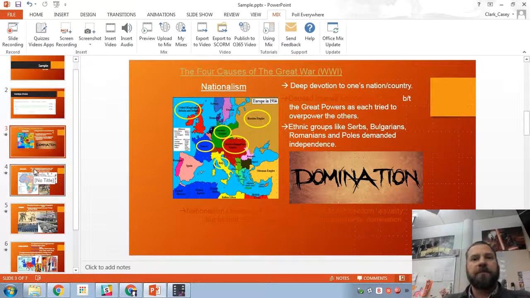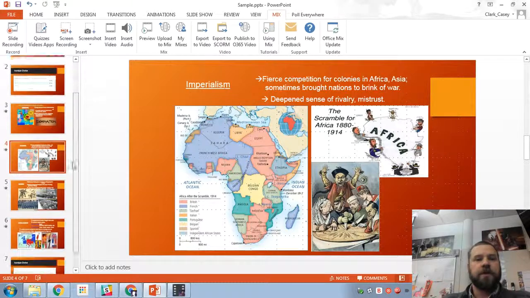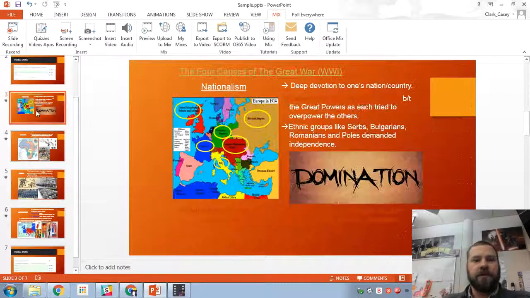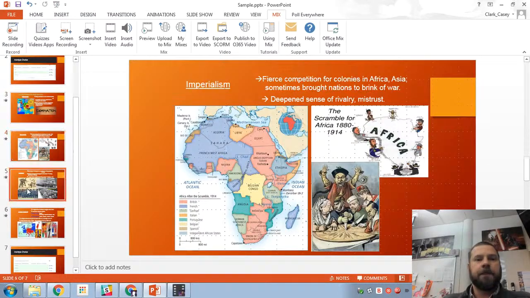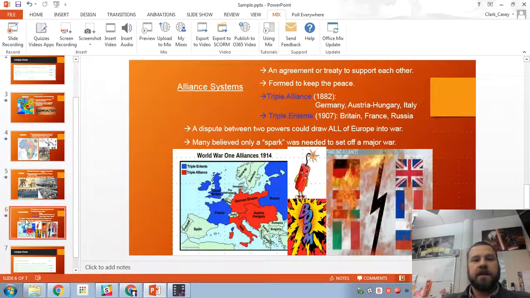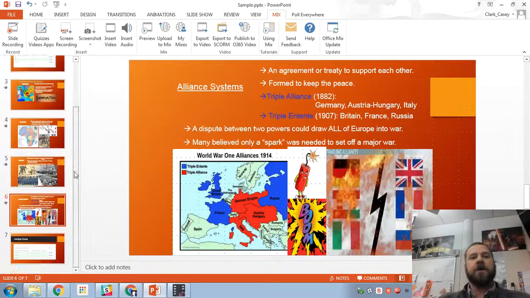We're talking about the 4 causes of World War I. So we go through the slides. We start with nationalism and then imperialism and then militarism and then alliance systems. So after you've gone through those 4 slides, it might be a good idea, because this takes time and kids are going to probably already forget the first slide,